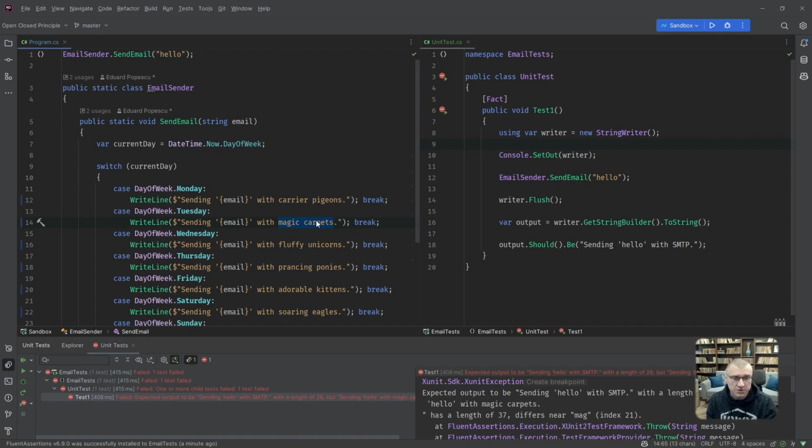So it should send emails with magic carpets, not with SMTP or whatever. So what I have to do is take the code from here and replace SMTP with magic carpets. And now if we run this, it should pass. Unexpected white space at the end. Really? Whatever do you mean?